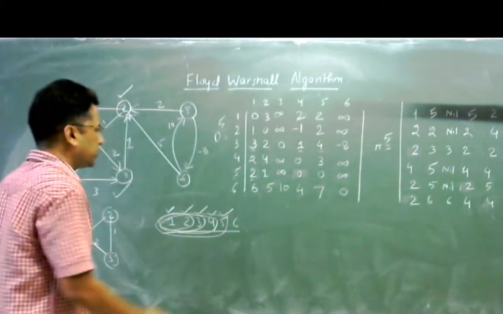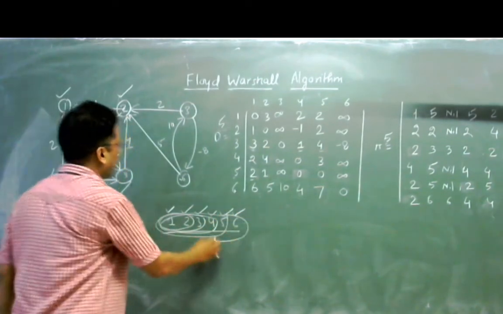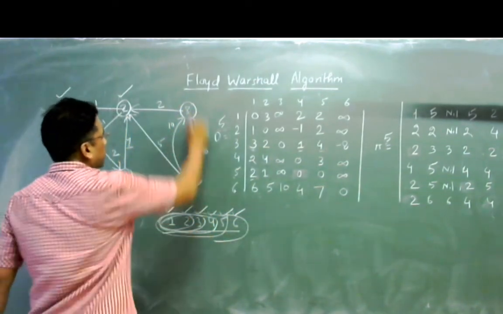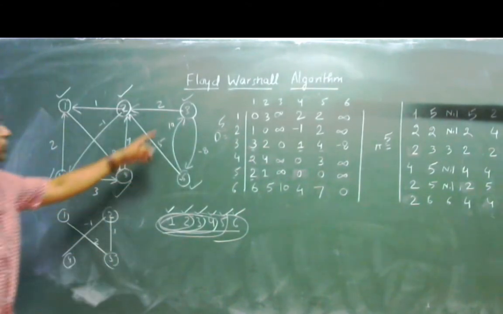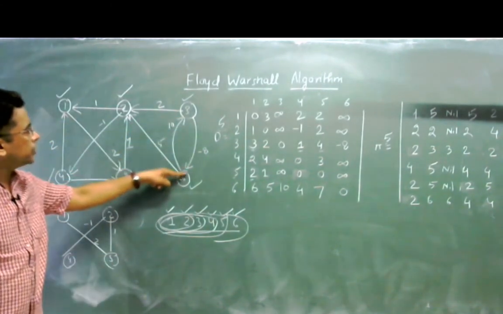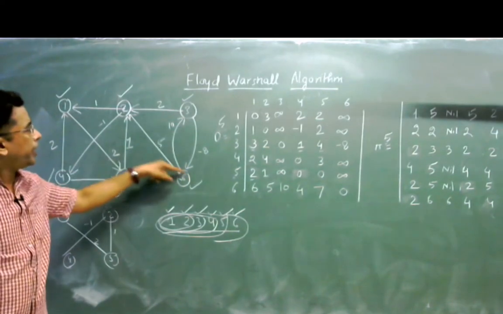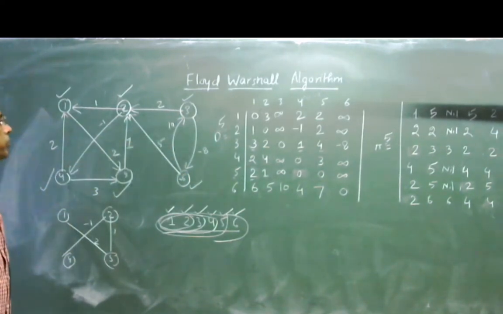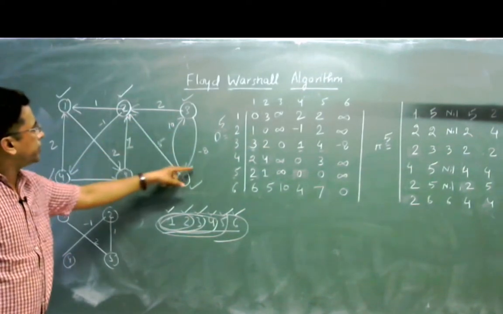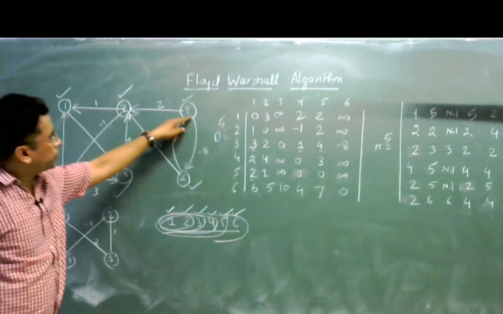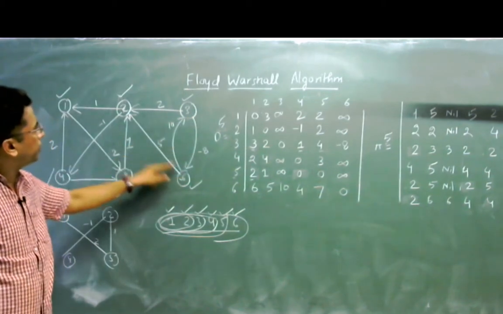Now at last the node number 6 will become free, and now all the nodes are free. Through the 6 node becoming free, 3 will take advantage, minus 8 and 10. So the distance will have no advantage. 6 is minus 8 plus 5, from node number 3, minus 8 plus 5.